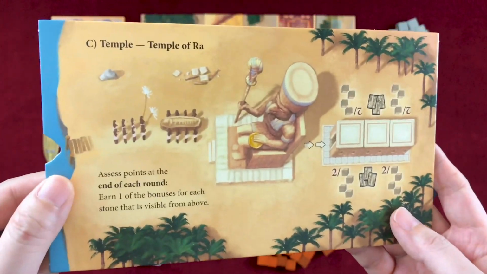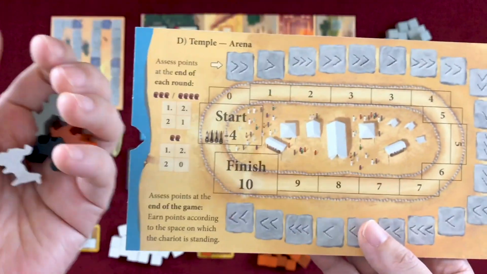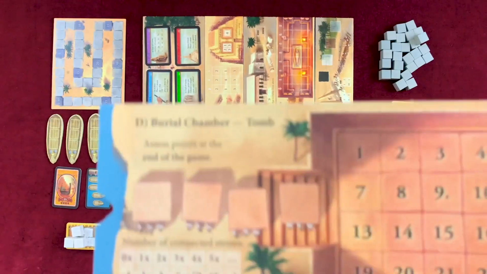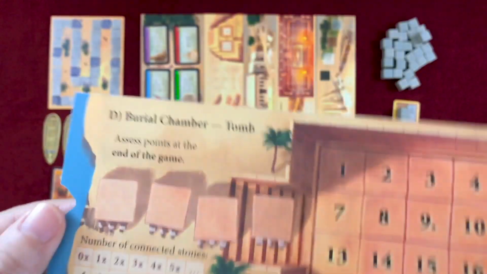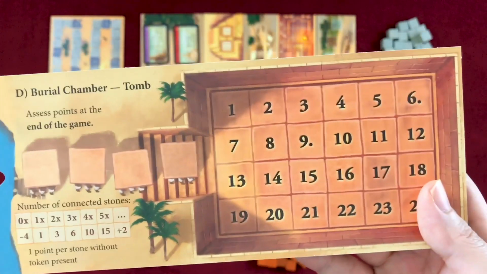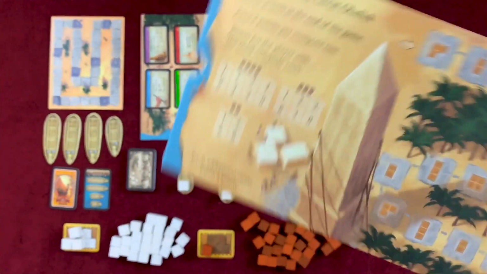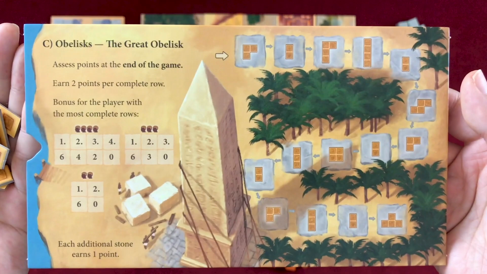On the D side of the temple, players can now race their chariots around with these new meeples. At the burial chamber, tomb spaces are now numbered if you use the east side, which makes scoring on this side easier and a bit more random. If you like polyomino tiles, you can use the C side of the obelisk location and use these tiles to